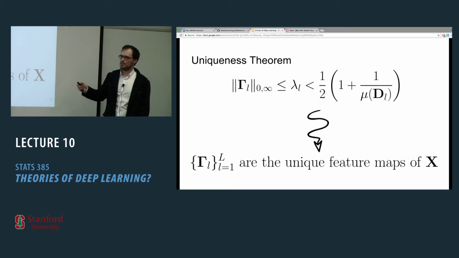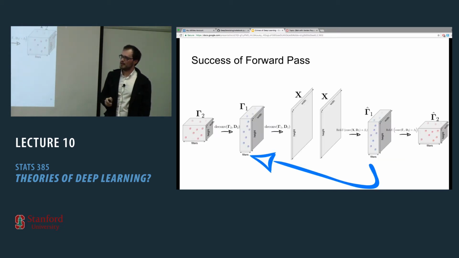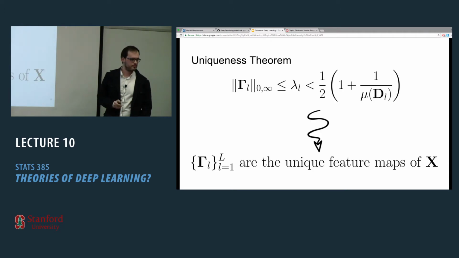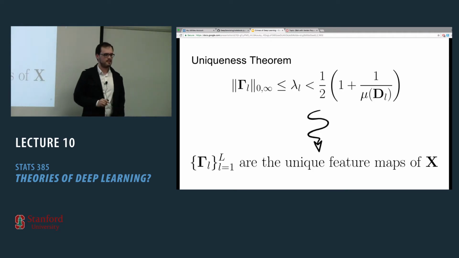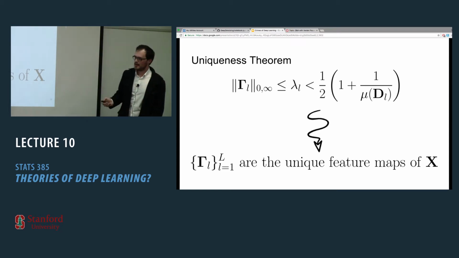Now notice that what people always ask is, how come? I train a CNN, I see that the feature maps are different, so you're a liar. Not a liar, because the assumption here is that the model is fixed. Once the model is fixed, you can show that the feature maps are unique. But if the model is not fixed, then you hit different models, and then per each model, the feature maps are unique for a signal. By model, you mean the Ds, exactly, the dictionaries, the filters, etc.